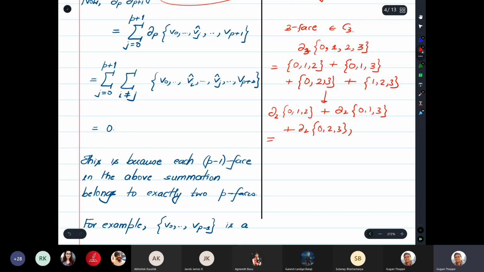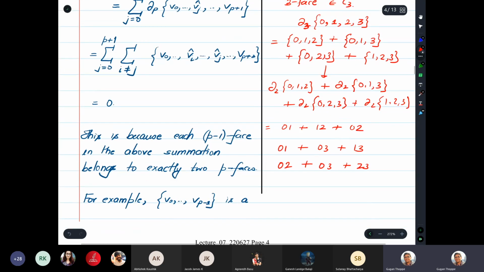Okay, plus ∂2. So now if I apply ∂2, let's go over it one by one. I'll write it in short. So (0,1), (1,2) plus (0,2), and then I will end up with (0,1) plus (0,3) plus (1,3), and then I'll end up with (0,2) plus (0,3) plus (2,3), and then I'll